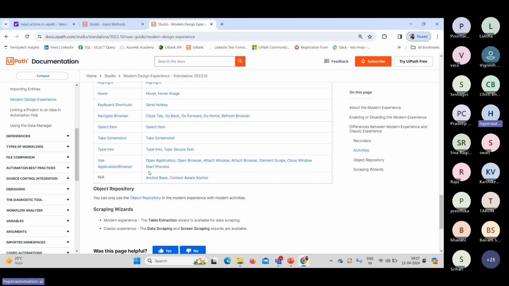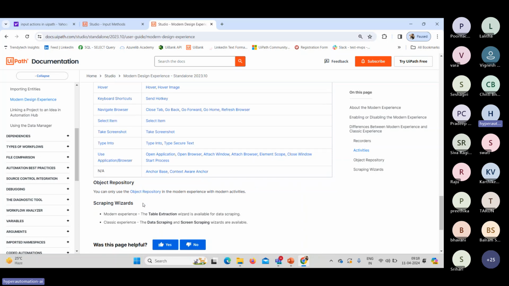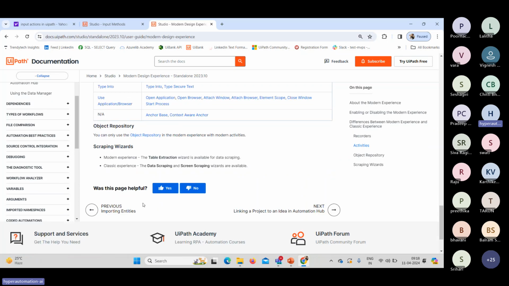And one of the biggest advantages we have in terms of modern design experience is the object repository. Object repository is a separate concept we will look at in the next session. But it also plays a key role when we talk about the modern design experience. And related to scraping methods, like when you want to extract some table data on a